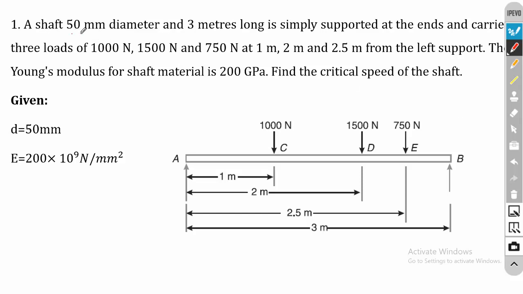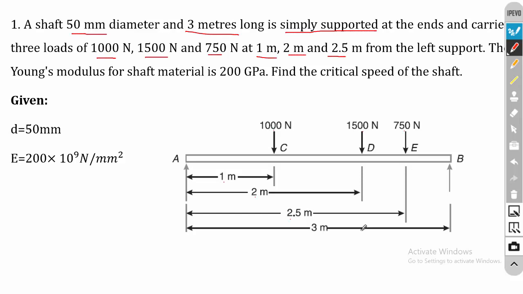A shaft 50 mm diameter and 3 meter long is simply supported at its ends and carries 3 loads of 1000 Newton, 1500 Newton and 750 Newton at 1 meter, 2 meter and 2.5 meter from the left support. Okay, so here the shaft is a simply supported one. So the beam is simply supported at its ends. Then it carries 3 loads, 1000 Newton at a distance of 1 meter, 1500 Newton at 2 meter, then 750